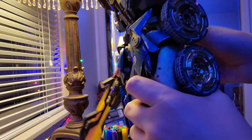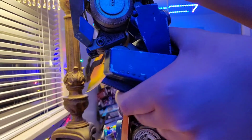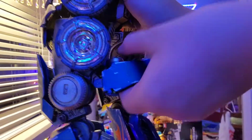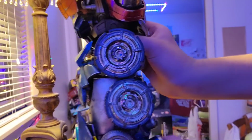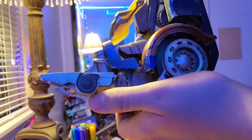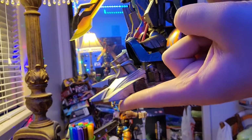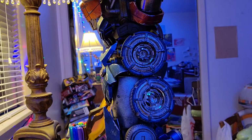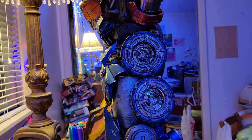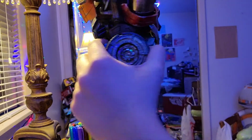A tight swivel here. This thing can move out of the way. This panel comes detached out of the box. 90-degree knee bend. And his feet are on ball joints. I'm not demonstrating that because it's a real bitch. And his toes in particular can do this. Ow. My back is getting sore from doing this review. And one of his wheels started popping off, but